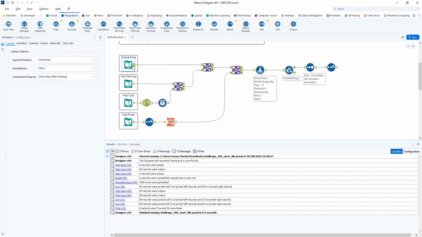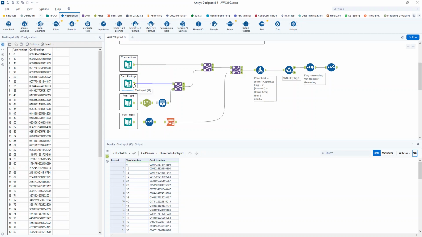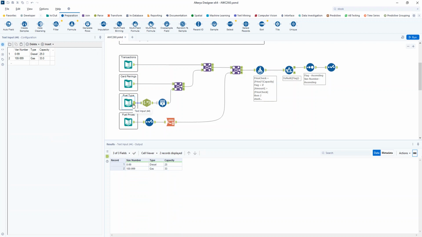So looking at the transactions, I saw we had card number. I thought that's probably going to be in one of the other data sources. Oh, look, we have card number here. But then we've also got the van number there. So we can join our van number here to our fuel type. So we first will need to